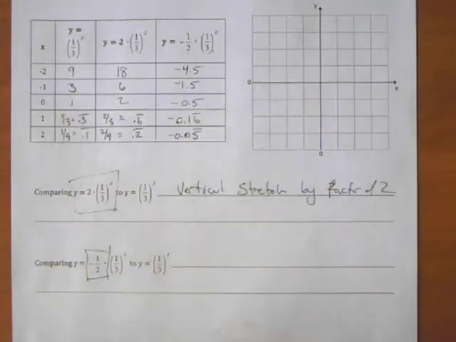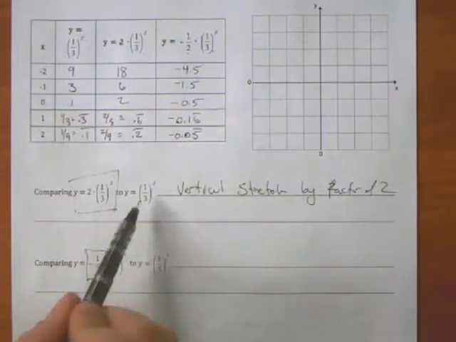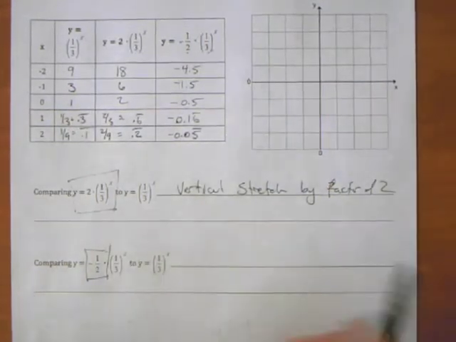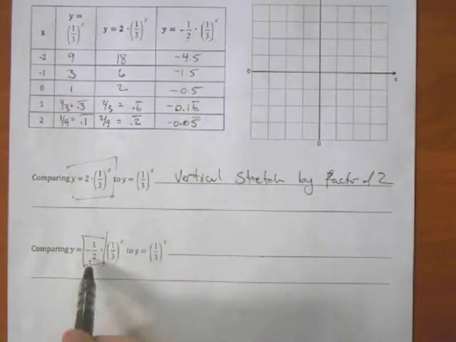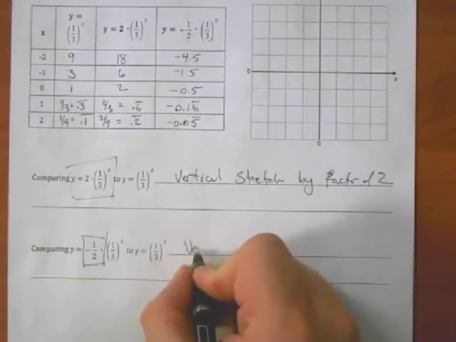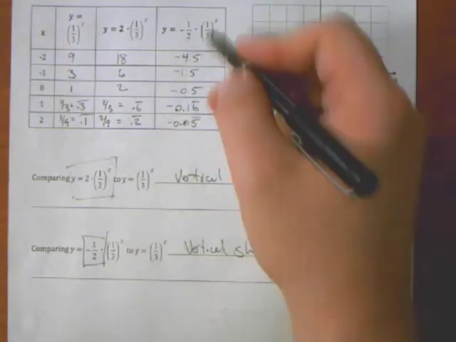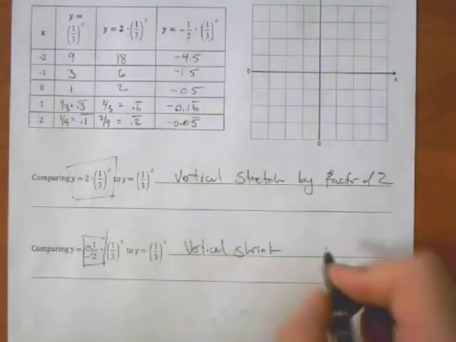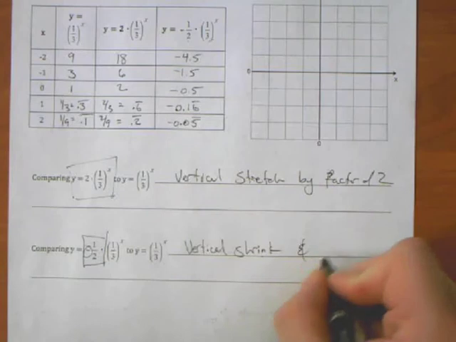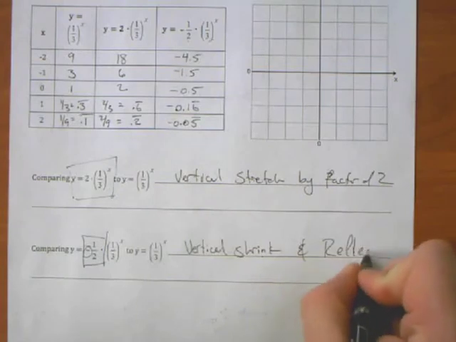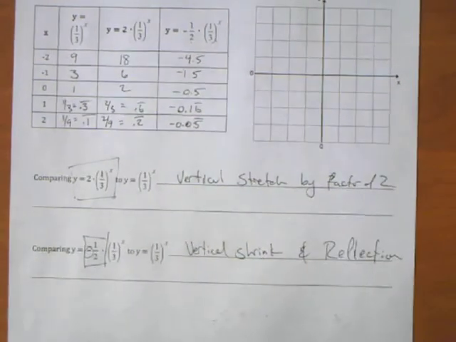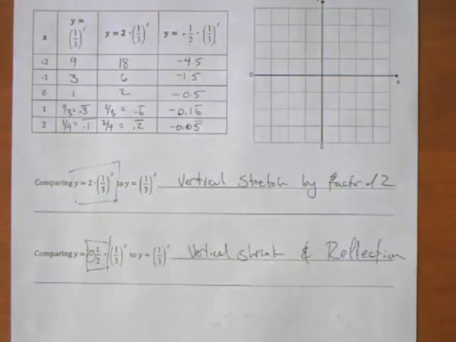Thank you. Since we're multiplying by a number bigger than 1, that's got to be a stretch by a factor of 2. Likewise, same as yesterday, we're multiplying by a number less than 1, so this is a vertical shrink. We're cutting everything in half, and it's negative as well. So it's also a reflection. Okay, and you can see that very visually if you graph each of those. Plot each